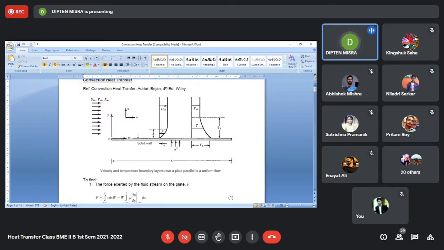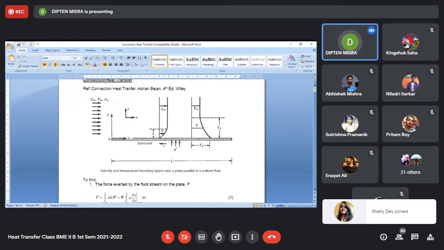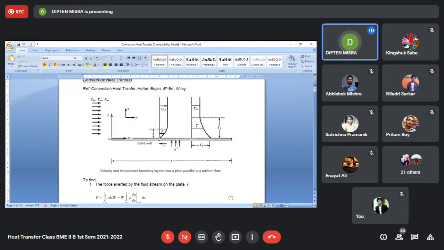As it comes in contact with the wall, the fluid slows down, because on the wall the fluid velocity becomes zero because of the viscosity, the no slip property of the fluid. It may stick to the wall, so the velocity of the fluid will be zero, and as you move away from the wall, the velocity of the fluid will be increasing,